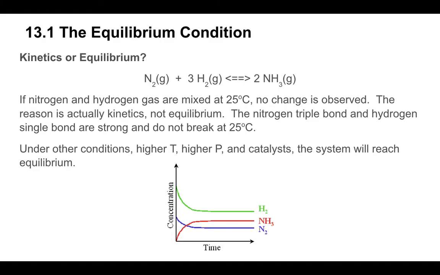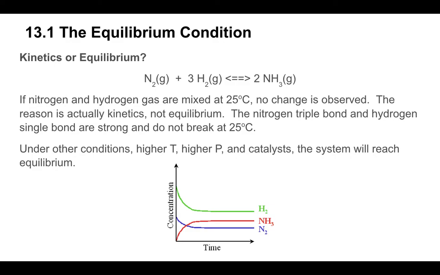Now here's another case where we can think about kinetics and equilibrium at the same time. This is the Haber process, and this is how they make ammonia for putting fertilizer on cornfields. Nitrogen and hydrogen making ammonia. But if you mix nitrogen and hydrogen gas at 25 Celsius room temperature, you're not going to see any ammonia formed. But the reason is not that the equilibrium lies to the left, or that the reactants are favored over the products. It's that the kinetics of this reaction is just so slow that you never see any